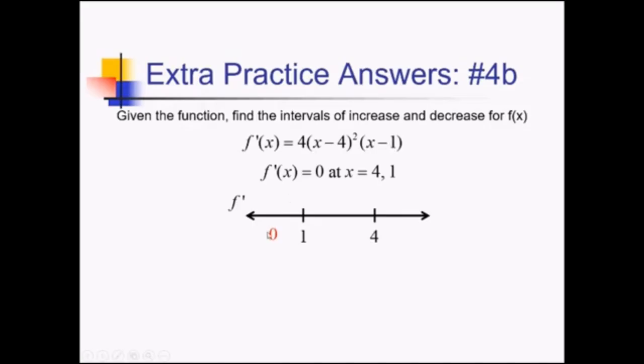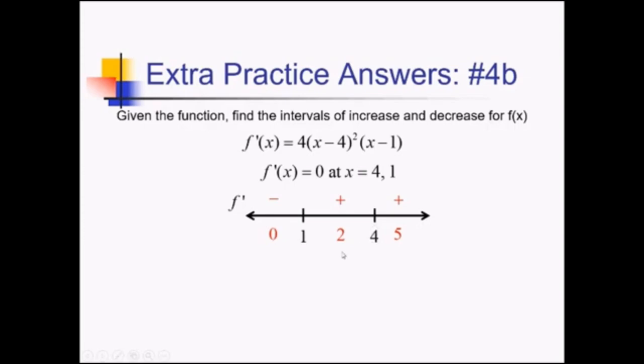So plugging 0 in then, 0 minus 1, that's just going to be negative. Now a number between 1 and 4, like 2. 2 minus 1 is positive. See how much faster that is? And then bigger than 4, let's try 5. 5 minus 1, still positive. All right, so I notice that my f prime is positive from 1 to 4, and then from 4 to